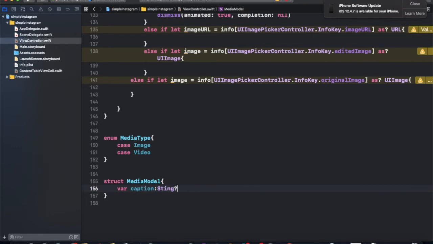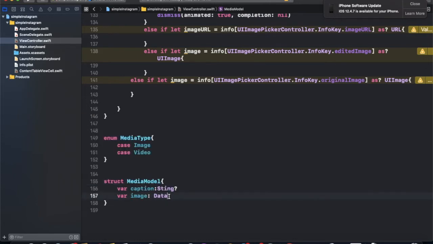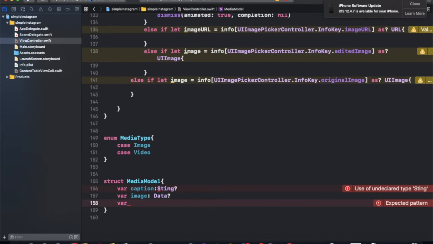We just need a caption, along with an image. For the image, you can just use data. Then we have a URL, basically for the URL type.